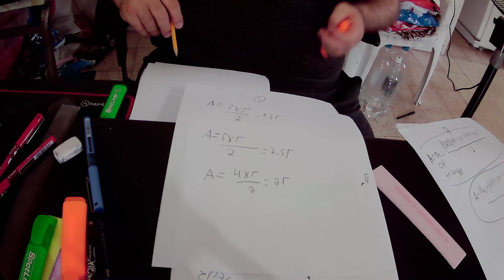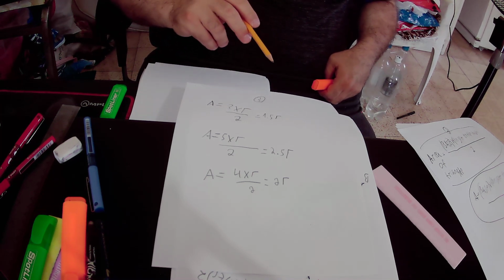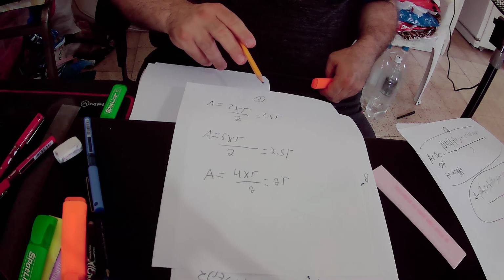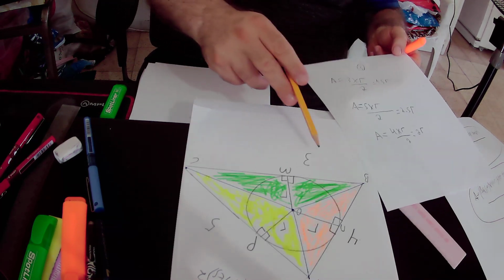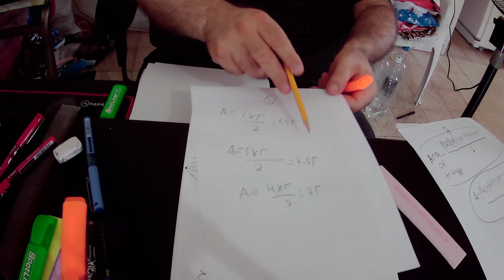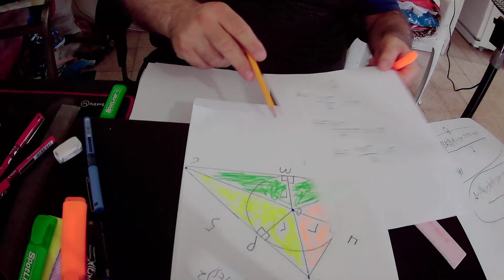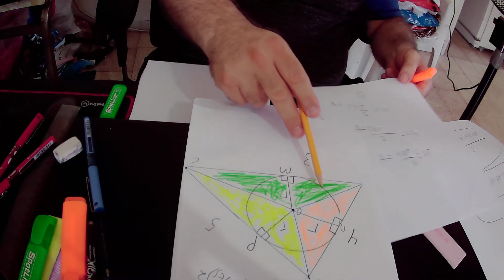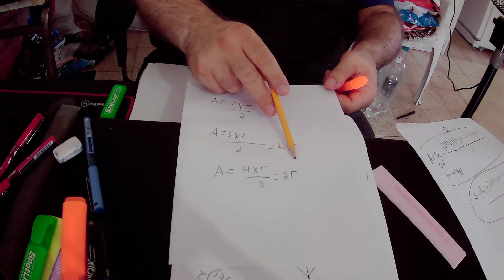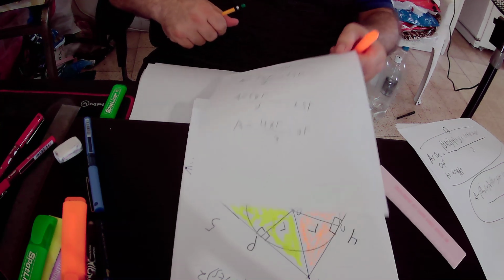So we actually found out the area of the green triangle, that equals 1.5 times the radius, the area of the yellow triangle, that equals 2.5 times the radius, and the area of the orange triangle, that equals 2 times the radius. Okay, so in the next step,